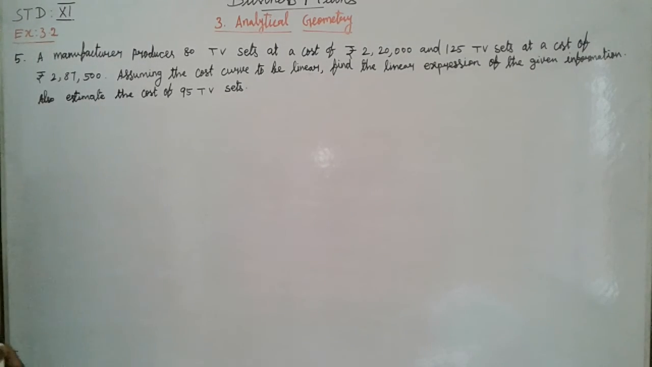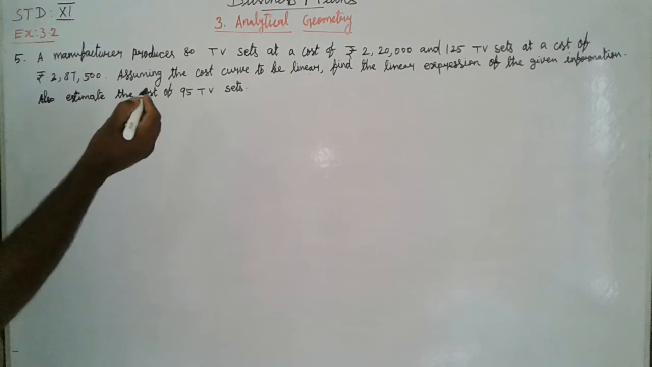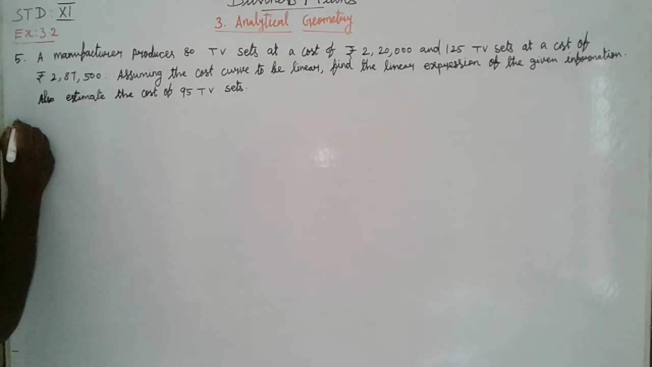Fifth sum. A manufacturer produces 80 TV sets at a cost of rupees 2,20,000 and 125 TV sets at a cost of rupees 2,87,500. Assuming the cost curve to be linear, find the linear expression of the given information. Also estimate the cost of 95 TV sets. Solution: